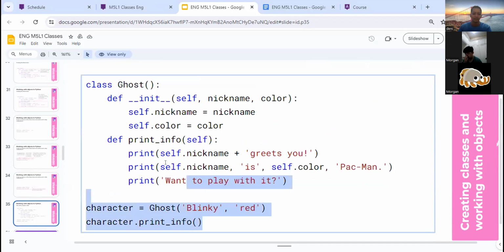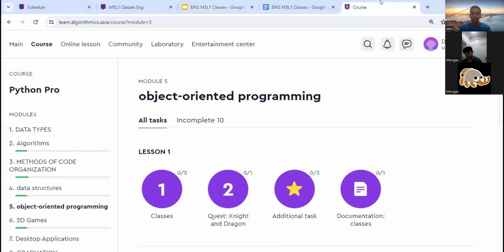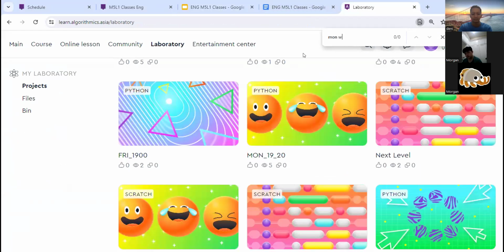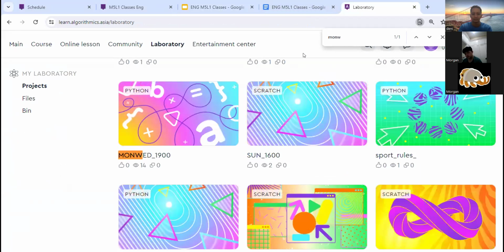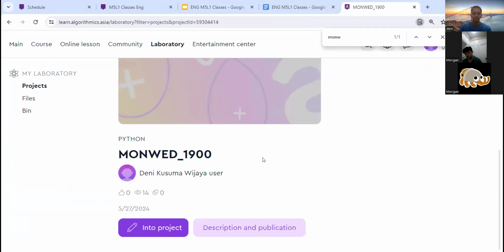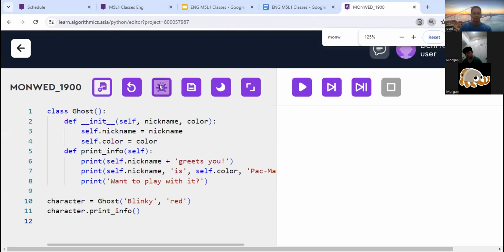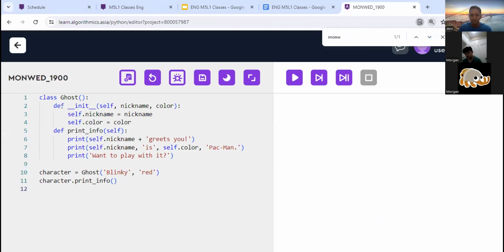If you still don't understand, I will copy it. Is the font clear for you? Let's see.